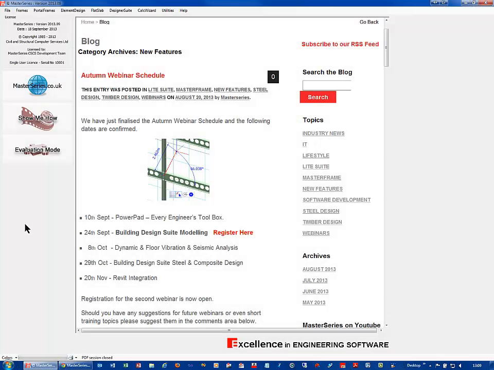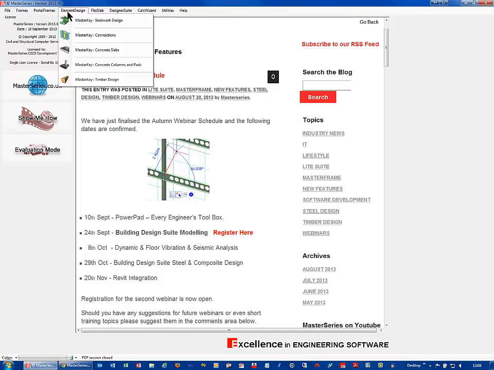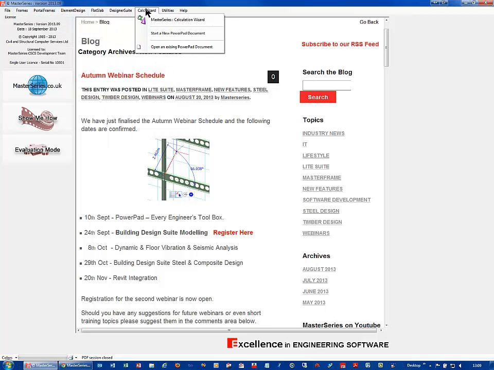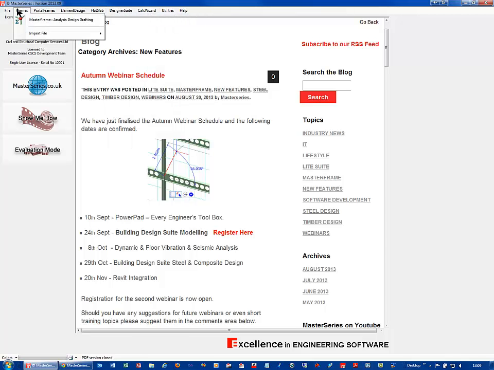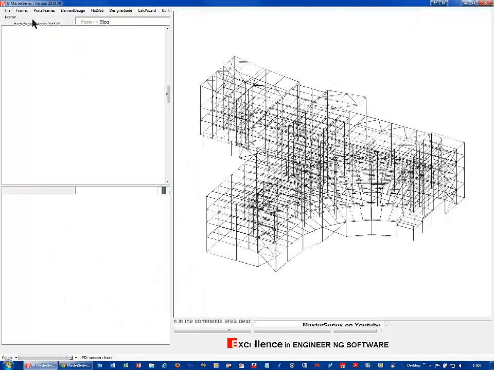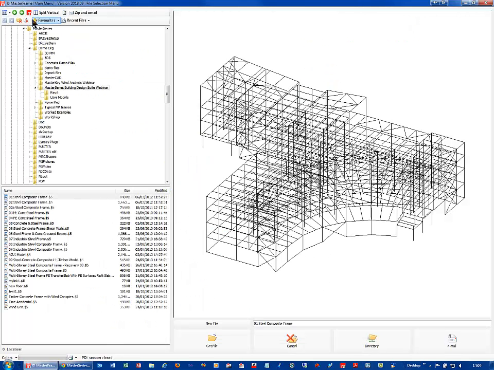This is the front screen of the MasterSeries, and you will find there is no mention here of a building designer suite. There is designer components, but what we want to do is just to go into MasterFrame. That's the first component of the building design suite. And I want to just look at some typical or not so typical frames that have been generated using the